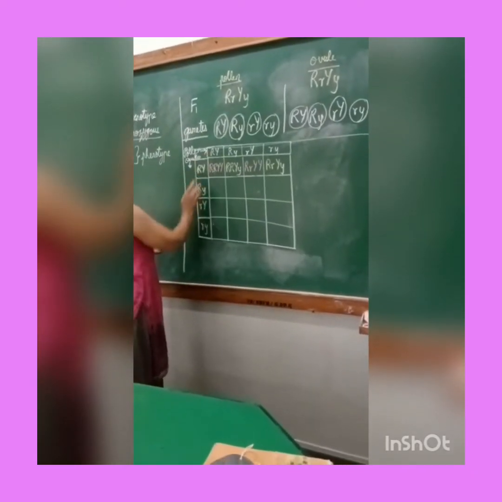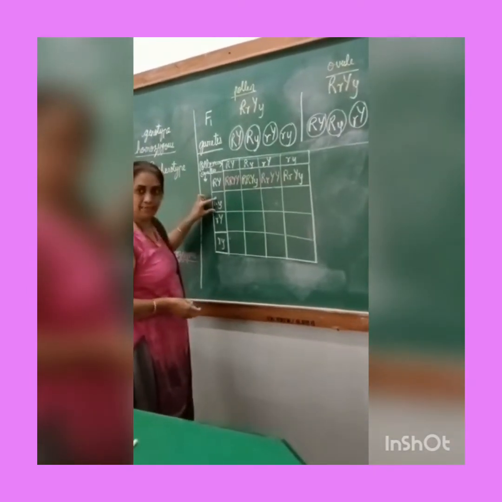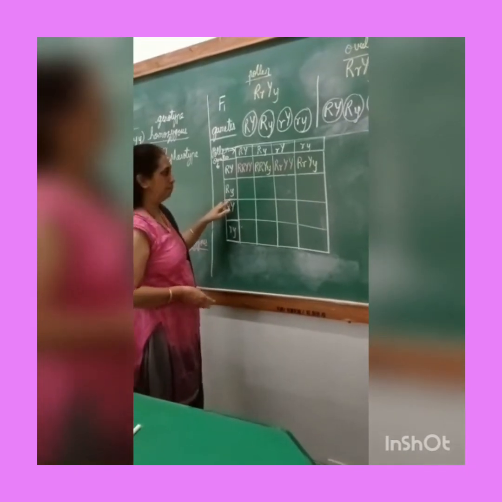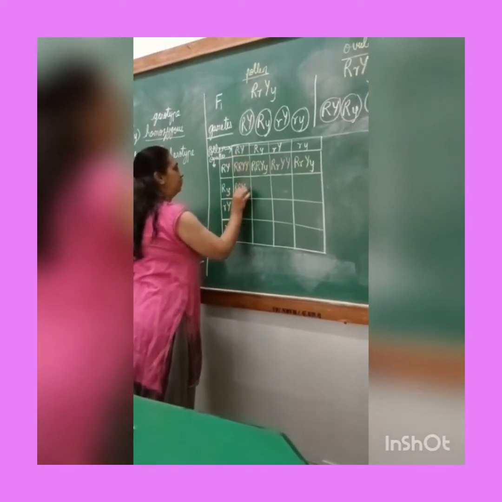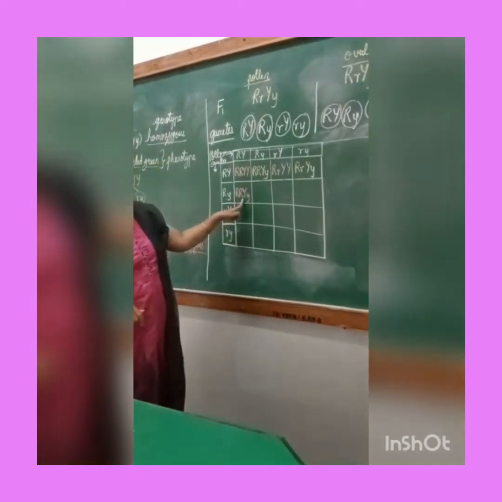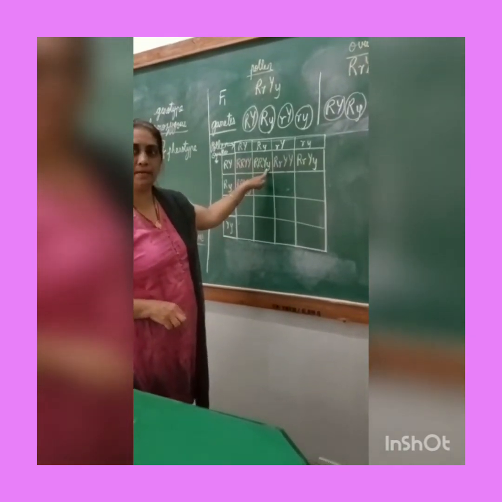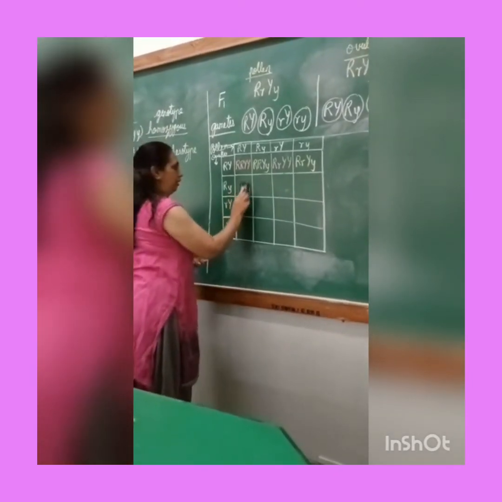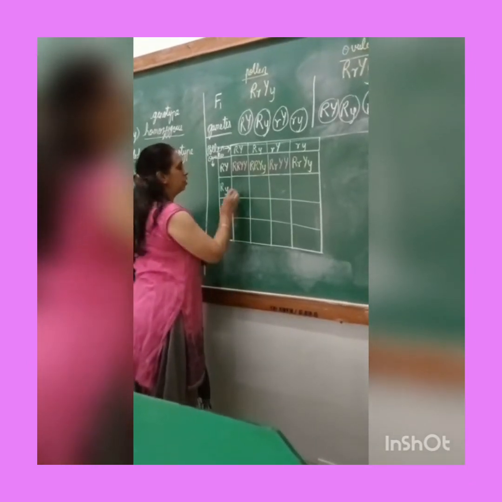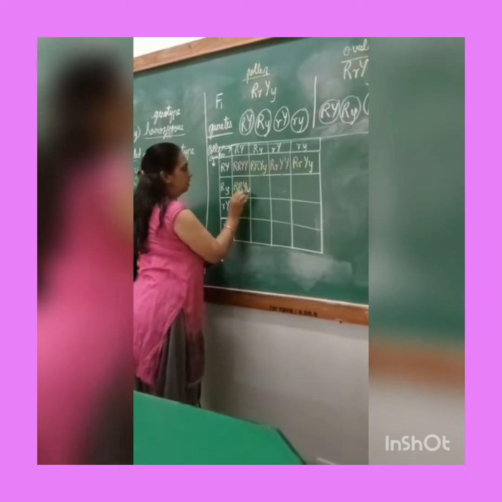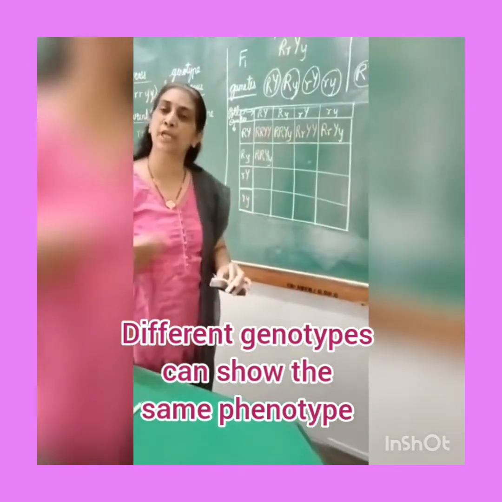Capital R. Now we will combine this ovule with each and every pollen grain. Okay, now this is the ovule that we have got. One capital R, one small y. Okay, let us see the combination. Capital R, capital R, capital Y, small y. Okay, have you got this similar combination anywhere else? Here can you see? Capital R, capital Y, small y. So I will use the same color over here, so that it will be very obvious. Afterwards we have to count how many different combinations we have. Okay, so are they the same? Genotype is the same? Yes, genotype is the same and phenotype is also the same.